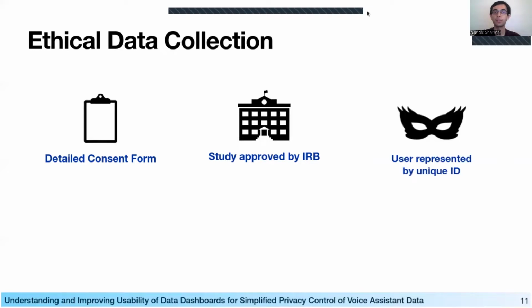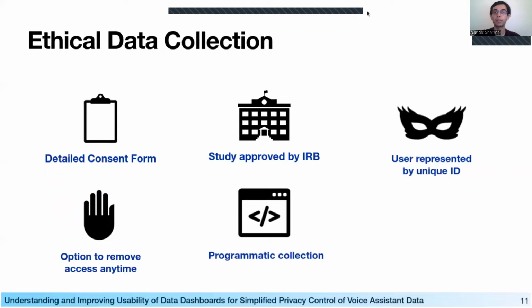Next, each user was represented by the unique Prolific ID and not linked to any personal information. Fourth, through a Google Drive link sharing approach, we provided users with the option to withdraw access anytime they felt uncomfortable with any of the study procedures. Next, we made sure that no researcher ever manually checked the user data, as our entire data processing pipeline was completely automated. Finally, we do not involve any third-party services in this data collection process.